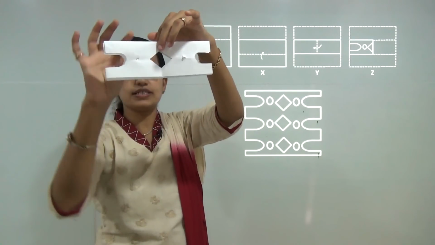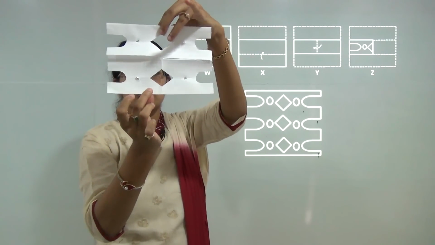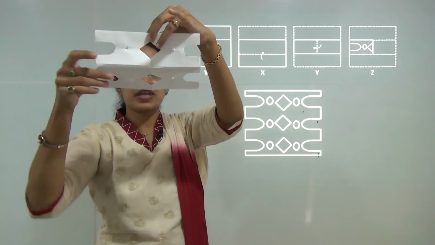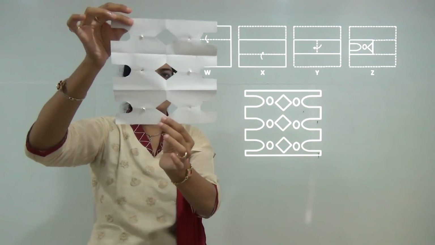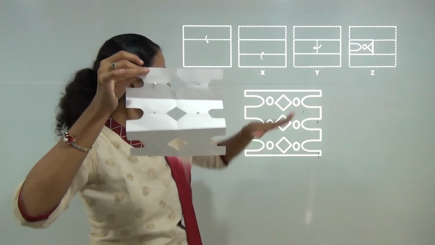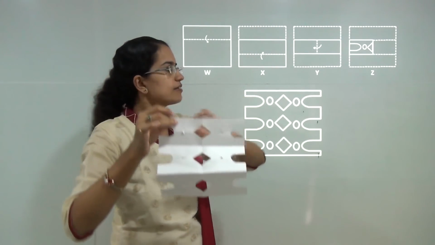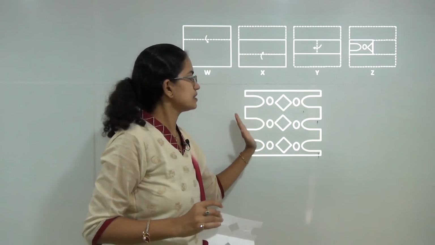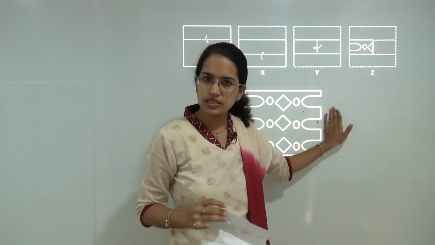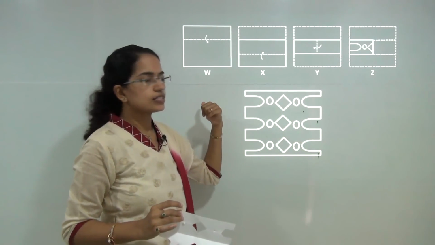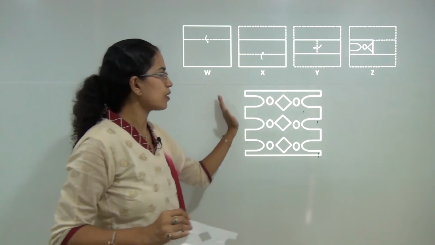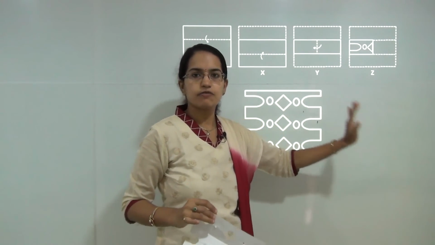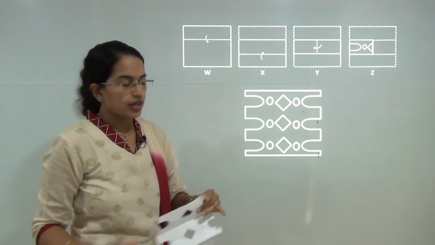Now let me open just 1 fold of this. So it will replicate down, and when I open the other shape, it would replicate up. So since there are 3 folds, there would be 3 symmetrical images that would be formed, and this would be uncovered as a mirror image here. So once you are done with the class of mirror image and water image, the problems related to paper folding would become very easy for you.